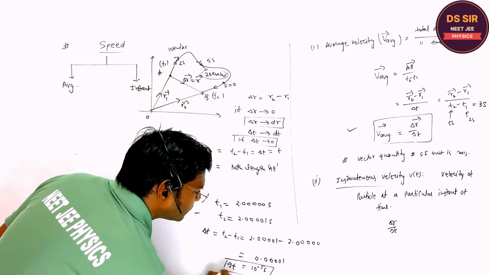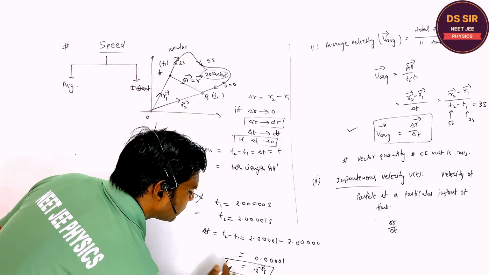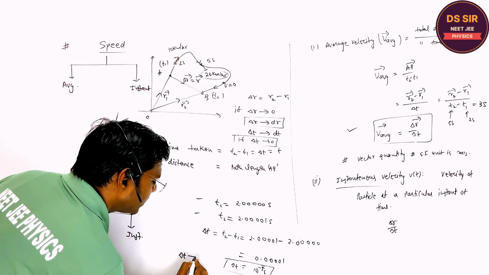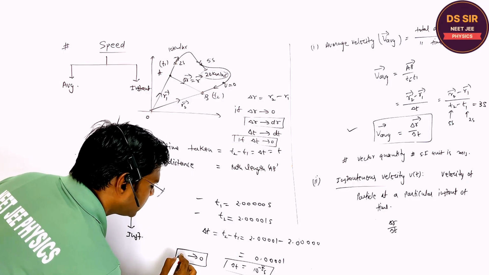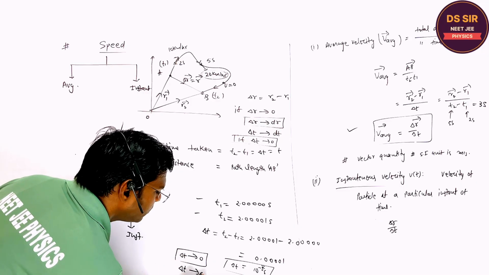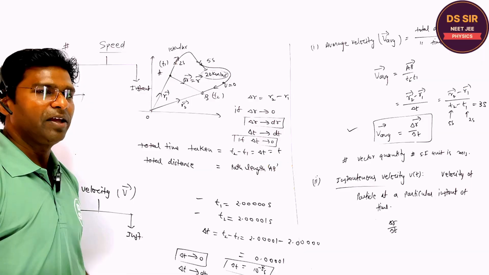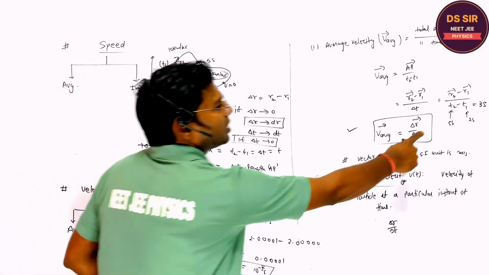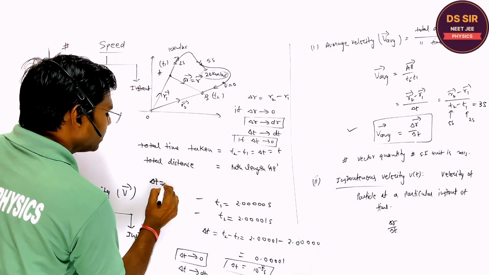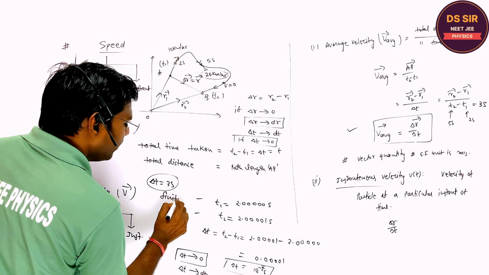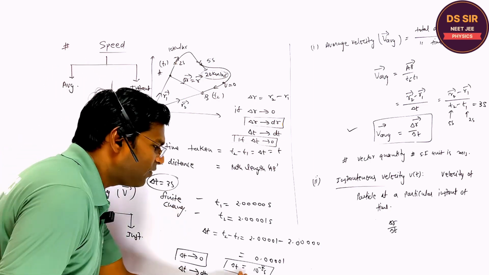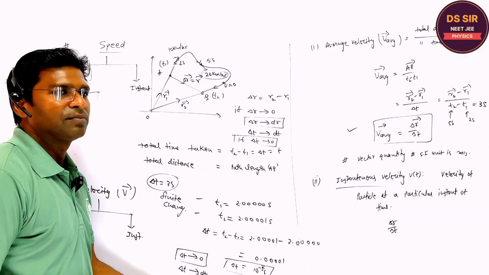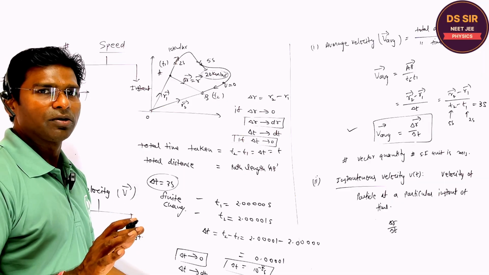So delta t is what? The delta t time is very small. When the delta t time is very small, it is tending to 0, right? It is tending to 0. Therefore, the delta t becomes dt. This is the mathematical way to represent the elemental change. If delta t is 3 seconds, it is the finite change, very big change. But if delta t is very small, it is the elemental change, and in that case delta t is defined as dt. Is it clear or not?